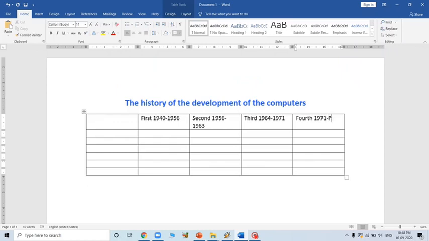So this is the chart. Actually the fifth generation has started, but we are going to take this as an example. Here we have mentioned all the details. Now let's write about some of the points: how the circuit system was, so circuitry, the spelling is like this.